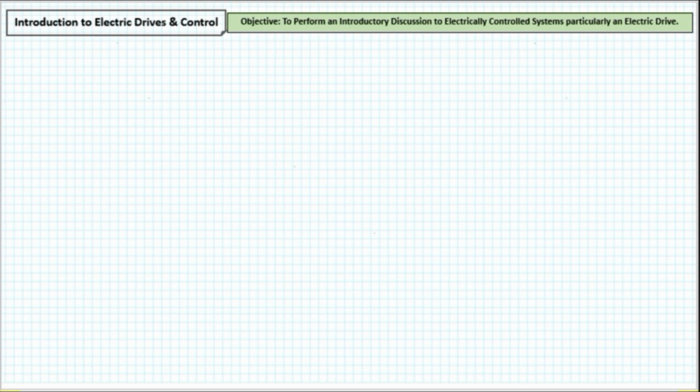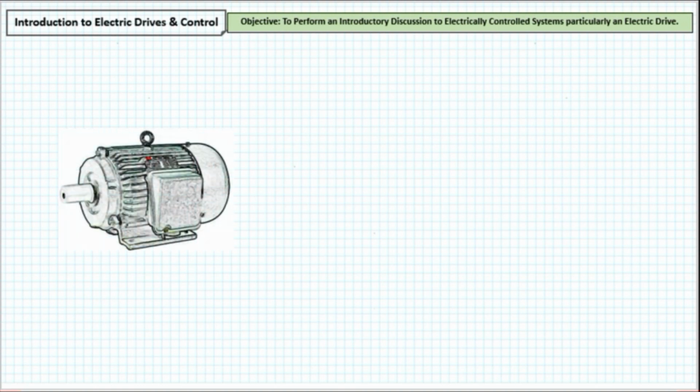So, in the topics that will be discussed in the course of our subject, electric drives and control, one of the lessons objective is for the students to have learned to control an electric drive. Electric drive, an example, is a motor. So, we want the motor to perform tasks kung paano natin siya gustong gumana. So, how we want it, where we want it, kung saan natin gustong gamitin, and kung kailan man natin siya gamitin.